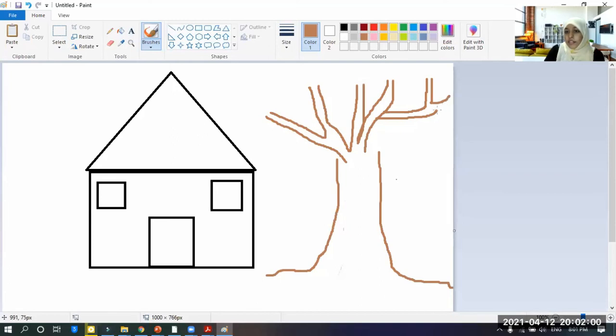This is just a rough tree. So like this, you can draw a tree. Okay. Fine.